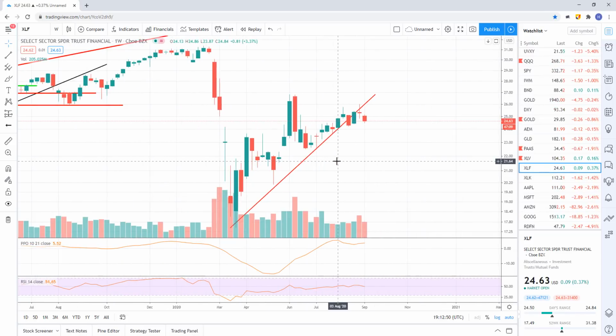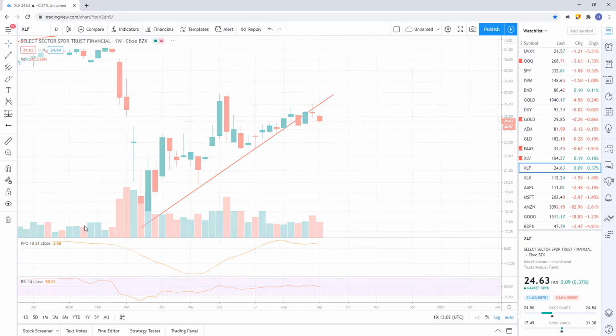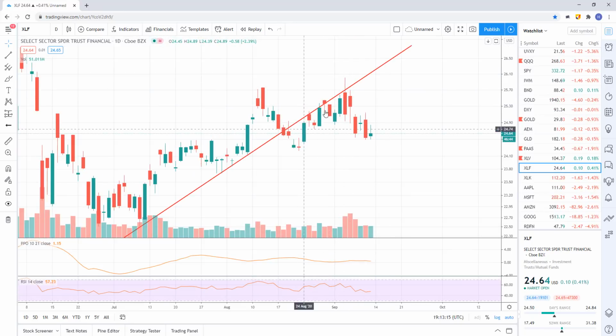XLF on the weekly. Solid breakdown here on the weekly chart. And we've had a couple breakdowns on this weekly, but we've got another down week starting to break down out of this uptrend and confirm it and hold it. You can see here on the daily, this is XLF. We had an uptrend on the financials that was broken, back tested for several days, and about 2 weeks it looks like we back tested, and now it looks like we're going to close the day a good distance away